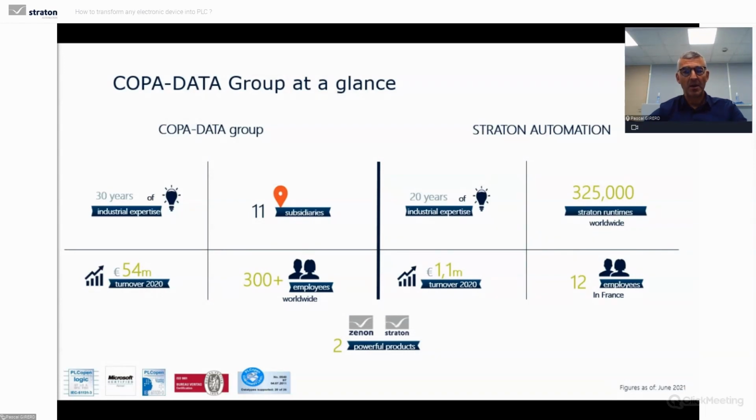Here, in French Alps, we develop software for industrial automation, which includes an editor, a SoftPLC, the runtime, and other tools and stacks. Our goal is to develop the best software, always including new features, to bring sustainable, competitive advantages to our customers. Some figures? This year, we have reached over 300,000 runtimes installed worldwide, and we are working with many partners since more than 15 years.